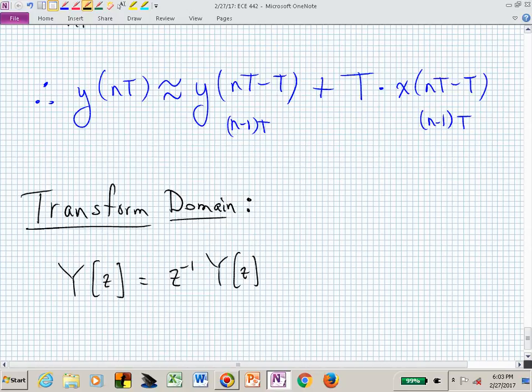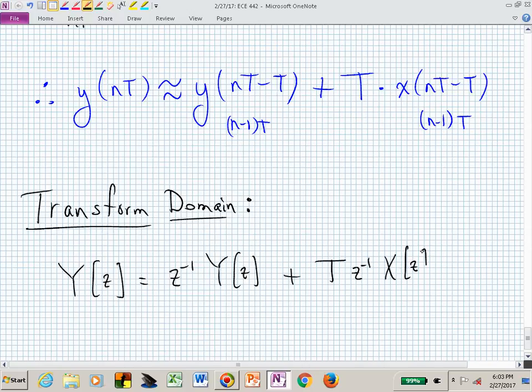And now, how do I find the transform of the approximation of the integral? What's capital T? That's just a number, a constant. So that just comes right out of the z transform. What happens when we z transform x at time (n minus 1) cap T? Time shift in the time domain translates into a multiplication by z to the minus 1 in the frequency domain. We now have z to the minus 1